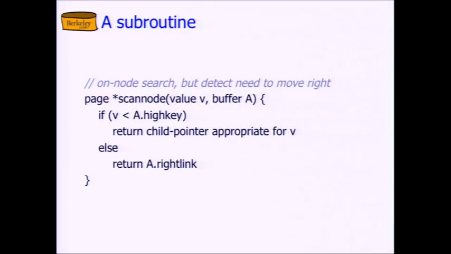Here's a little subroutine for search that we're going to use in our pseudocode for the B-link tree. It's called scan node, and all it does is take an individual node in the tree and decide where to go, either down or to the right. So if the value you're looking for on this node A, which has been copied into memory, is less than the high key, actually less than or equal to the high key,